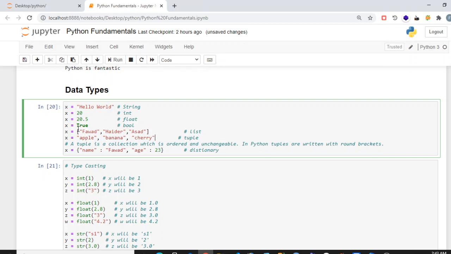Alright, then we have dictionaries in Python. Dictionaries are key value pairs. For example, here we have the key, colon, then value, then comma, and again key, colon, value. These dictionaries are just like JSON format.